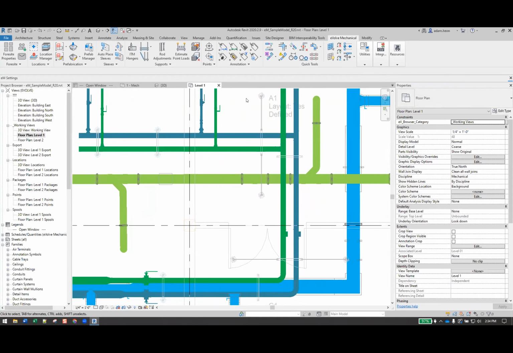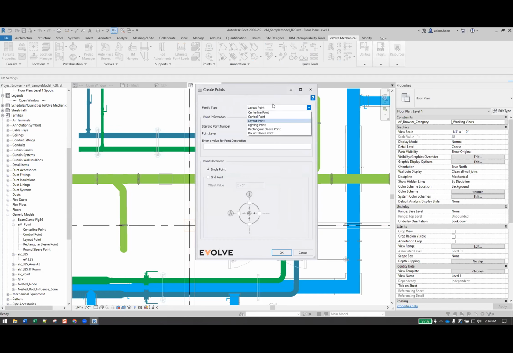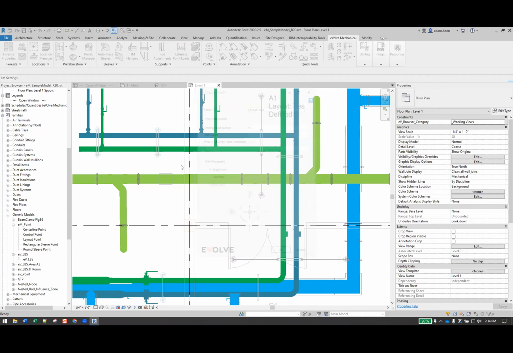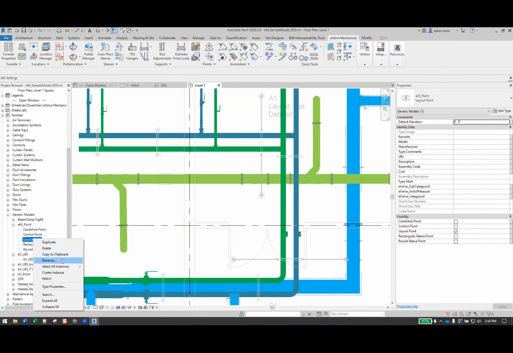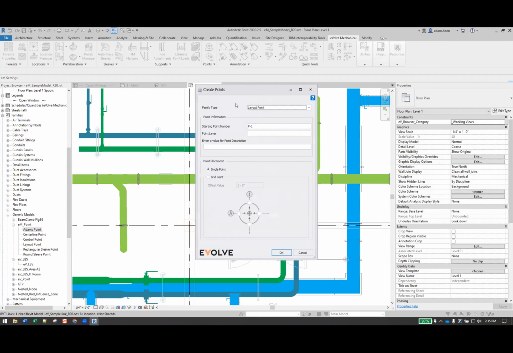Starting with layout points. A common thing that people were doing with points is they were creating their own types, which was fine, not a big deal. But the problem is if I wanted to create a custom point and use my point placement tool, it would not show up on this list. So now if I want to take this point here and call it Adam's point, now we dynamically read this list. So when I go to my place points feature,